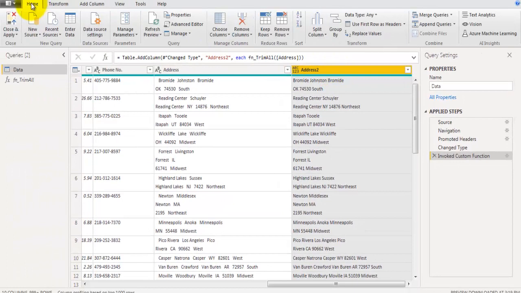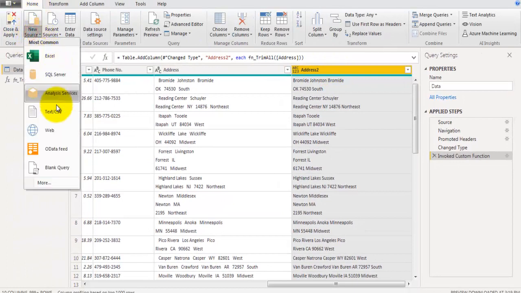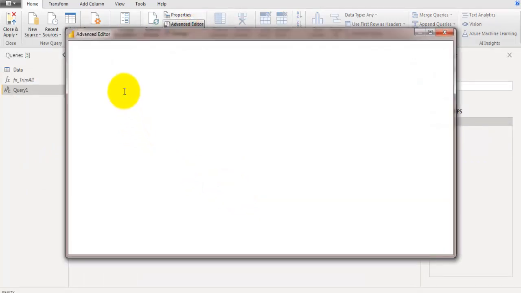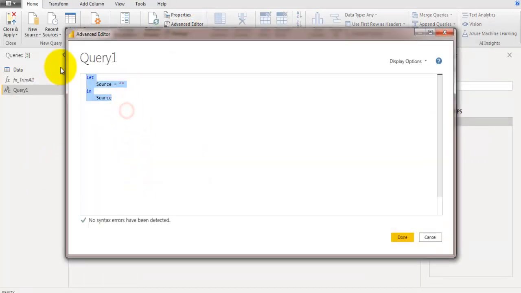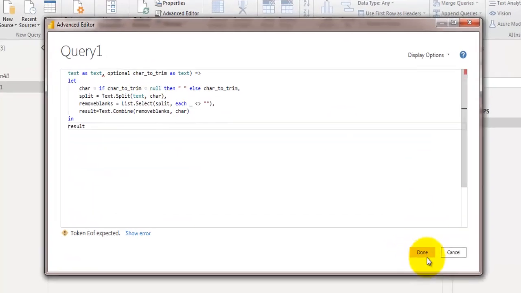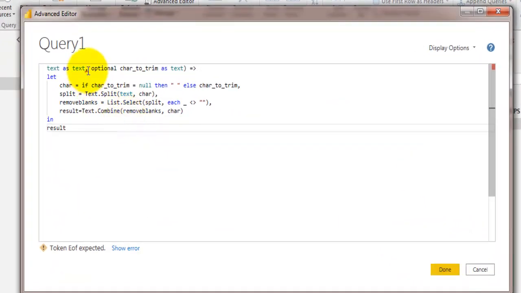I will go to new source and click on blank query again, and let's go to advanced editor, clean and delete everything we have here. I will take that code which is already available in notepad. Now what this function does is it takes two arguments as input. First is text where we want to delete or remove unwanted space, and another input value is char that we want to trim.